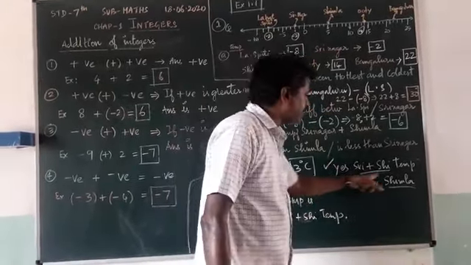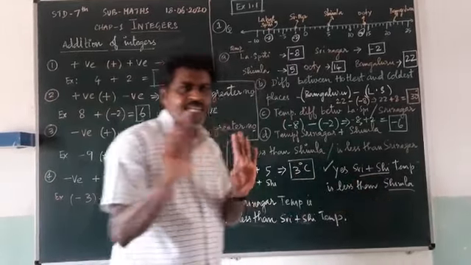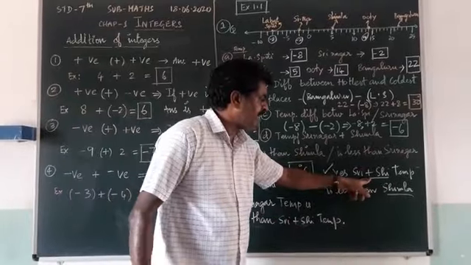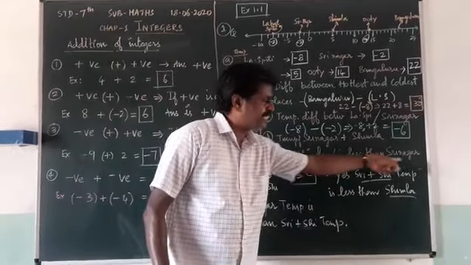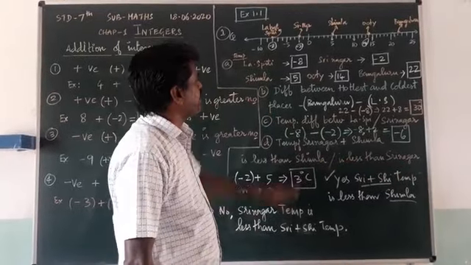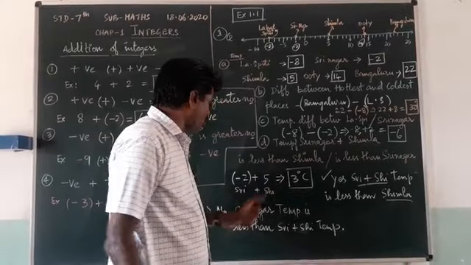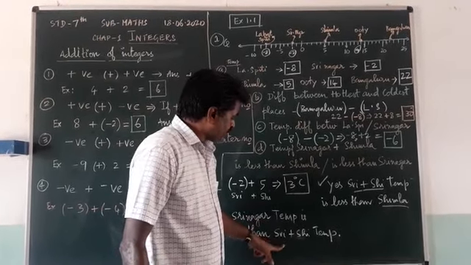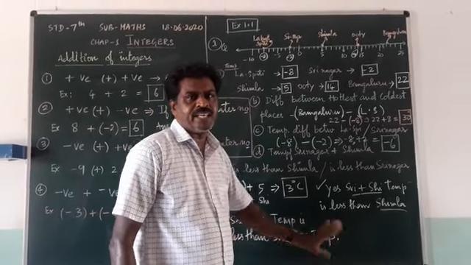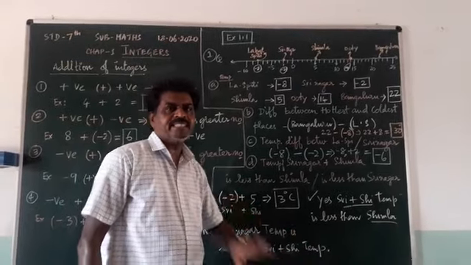Yes. It is Srinagar plus Shimla temperature is less than the Shimla temperature. True, because this is 3 and this is 5. Second condition, whether it is also less than Srinagar. See, the Srinagar temperature is minus 2, but our answer is positive 3. No. Srinagar temperature is not greater than the Srinagar plus Shimla temperature. Understood? Because this is minus 2, and adding both is 3.